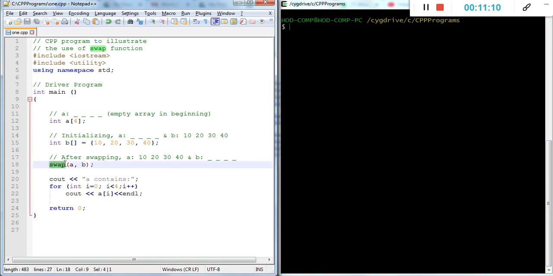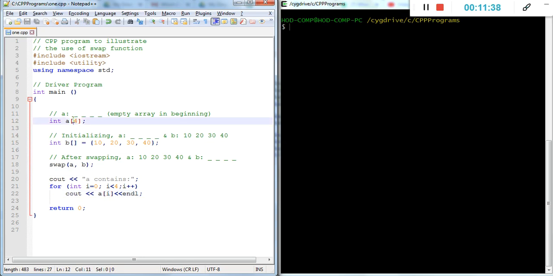It contains a function definition, the swap function definition. Here we simply call only a swap function. No body is available in this code, but the process of swapping comes under the utility header file, and it gives the output. Here, array A is a blank array, then B contains these 4 values, and we will just swap the values, that is, copy the B content into A and the A content into B.